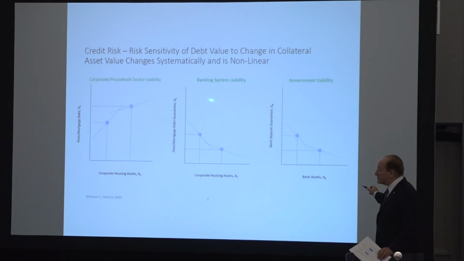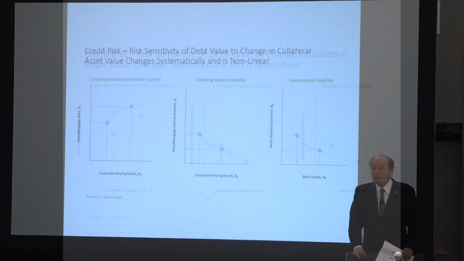I'm just saying it asymptotes at the risk-free value if there's an infinite amount of assets, okay? Now, suppose you're here. You have this many assets. These are all, by the way, mark-to-market. None of this wholesale book value stuff. These are mark-to-market. You want to know the actual value today as best you can assess it, all right? Now, suppose you're here. You see this is the value of the bond. What do you see here? A small move in these assets will have an impact on the value of the bond. If the assets go up, the bond will go up by some amount.